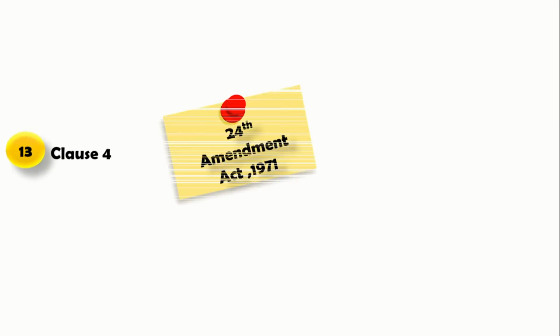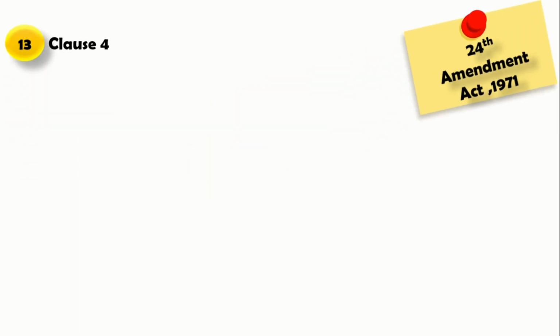Now the last clause, that is Clause 4 of Article 13. Clause 4 was not in our Constitution earlier. It was included in the 24th Amendment Act of 1971. Why was there a need to include Clause 4 in Article 13? According to Article 368,